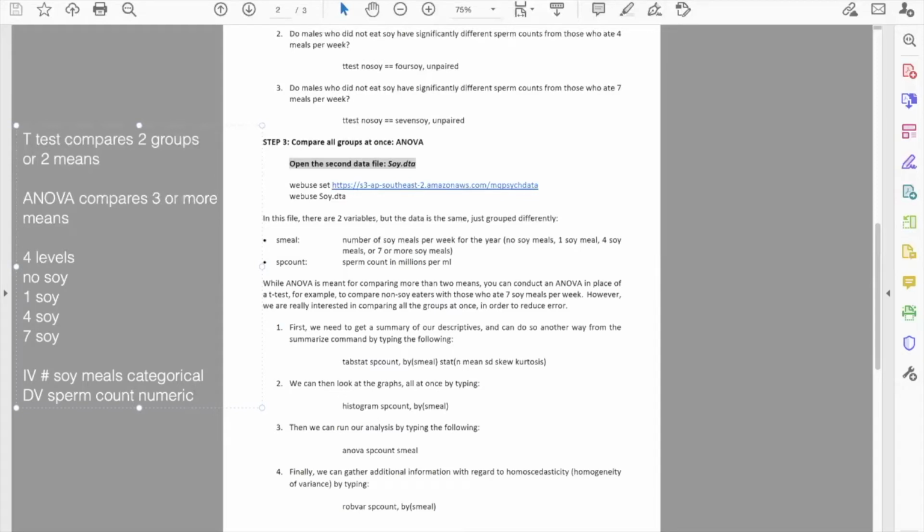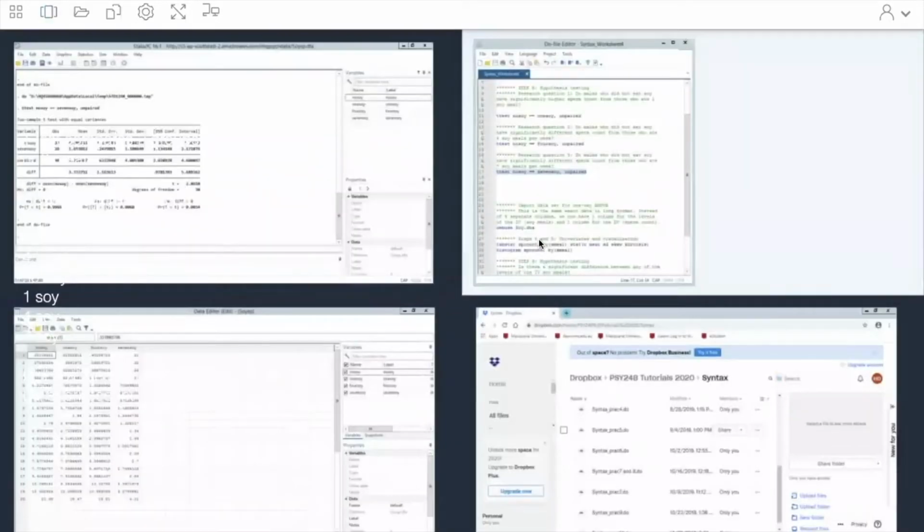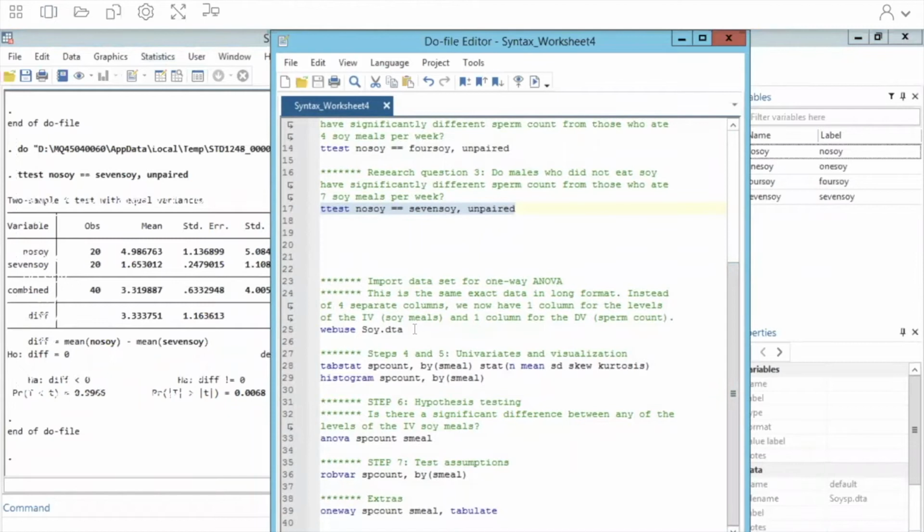All right, but here we're working with the exact same data set that we did last time. It's just going to be in a different format. So let's go ahead and import that new data set. The previous data set is what's called wide format, where we have four separate variables for each level of our independent variable. In this case, it's in long format, and it does have to be in long format to run the one-way ANOVA. Right, so the data set here is just called soy.dta,